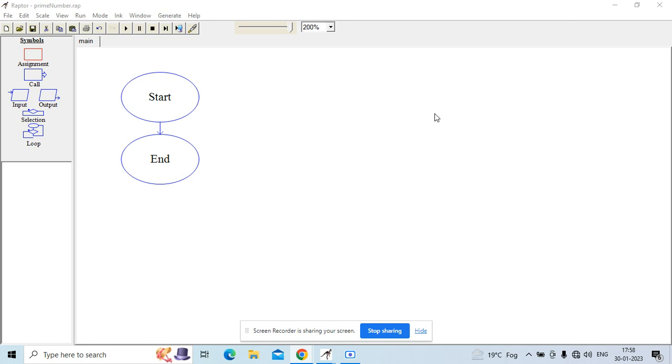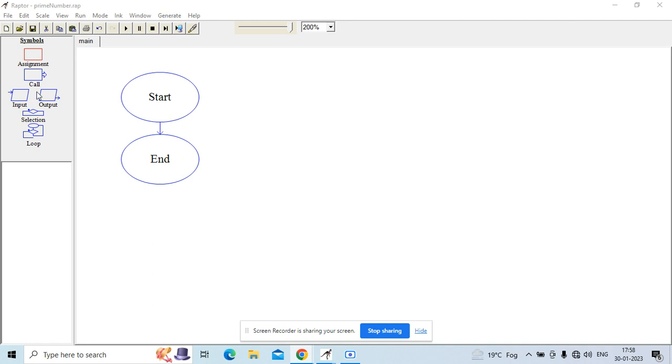I intend to introduce all the data types in a separate lecture. I also intend to introduce you to Raptor in a more formal way so that you understand the tool, how to use it, all the different symbols being used, and what all you could do with it. So, yes, that would be a separate video that would be coming soon. All right,